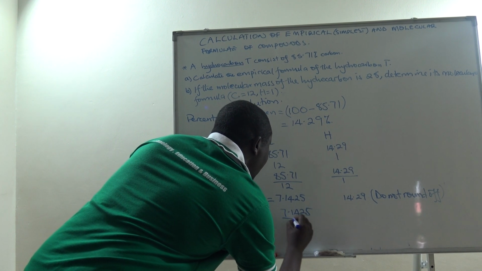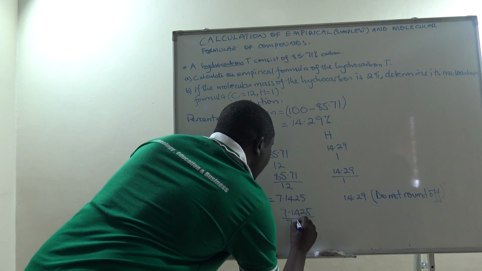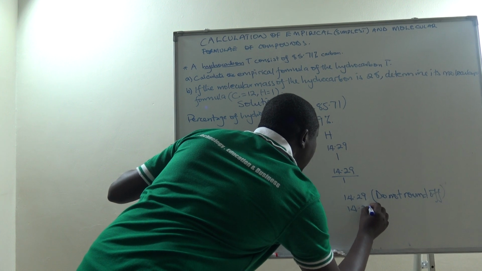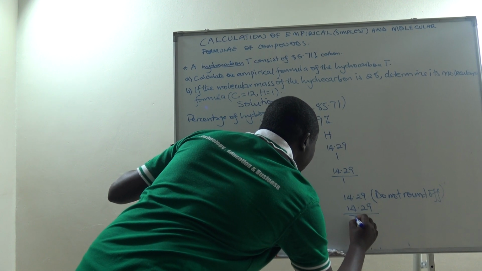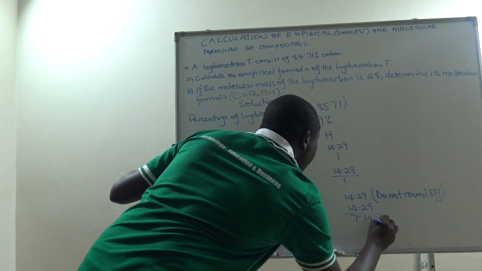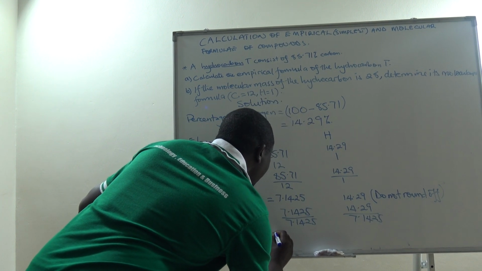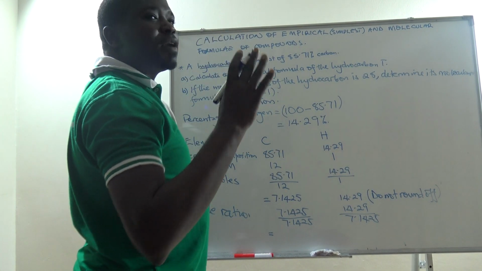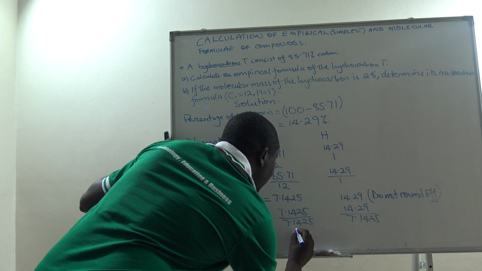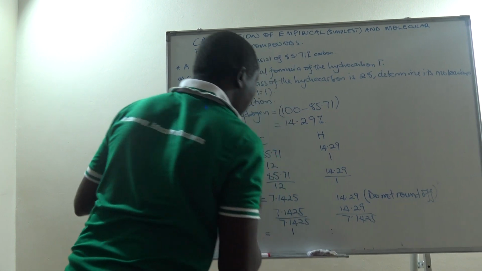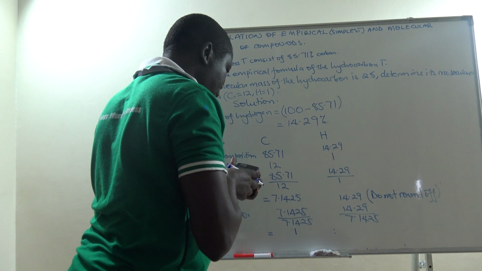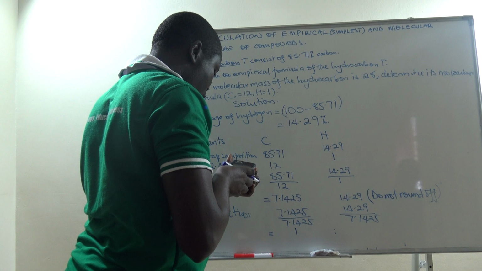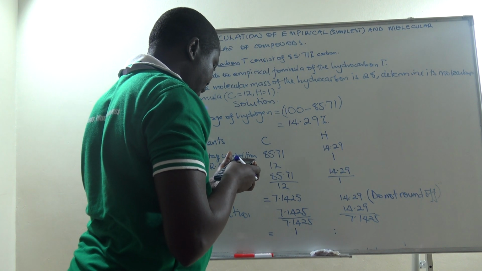7.1425. We are going to divide it by itself because it is smaller, 7.1425. Even this one here, 14.29, we divide by 7.1425. What we get from here is the correct answer, which will be our mole ratio. Please still do not round off anyhow. So this one gives us a ratio of 1 to, let's get this, 14.29. We divide by 7.1425. This one gives us